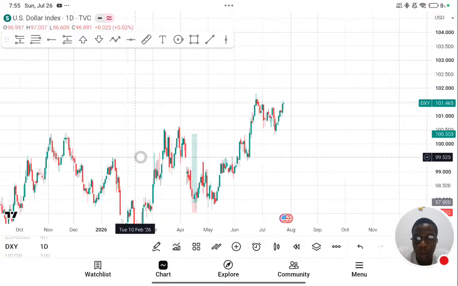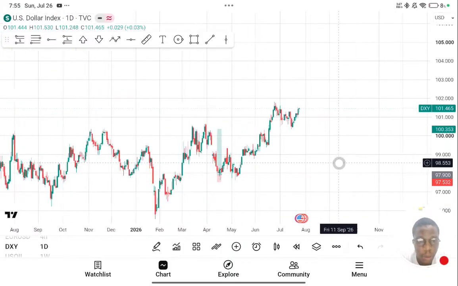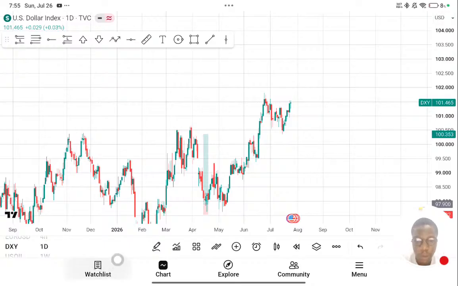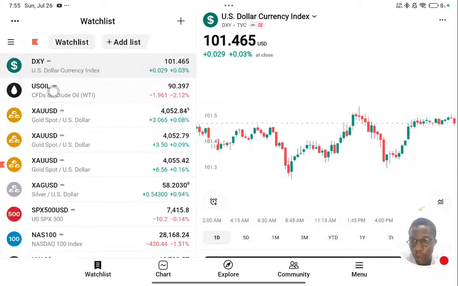So as you all know, if you're a returning visitor here, we start by looking at the assets we trade. Basically, these are the assets on my watch list, and majorly I trade gold, but then over time